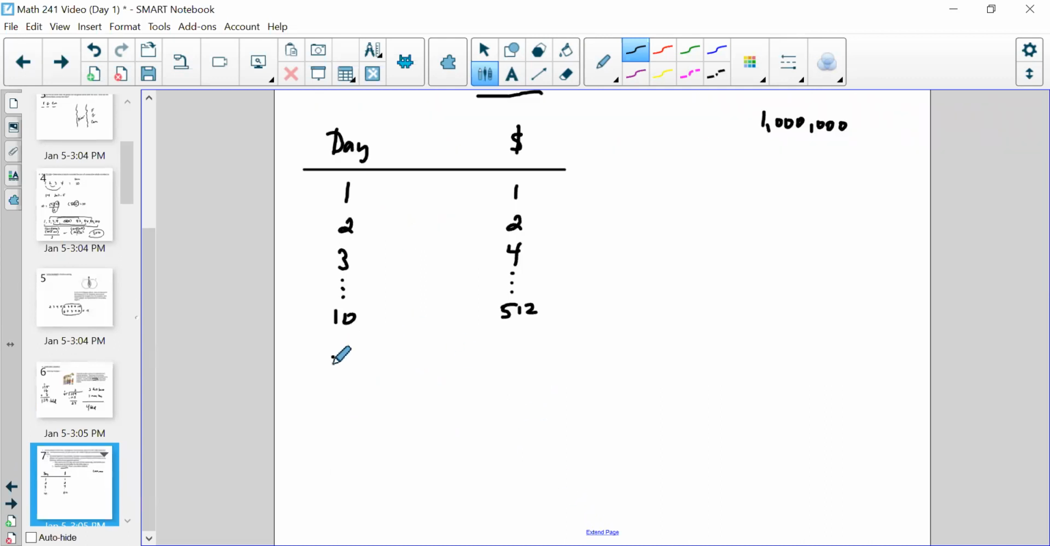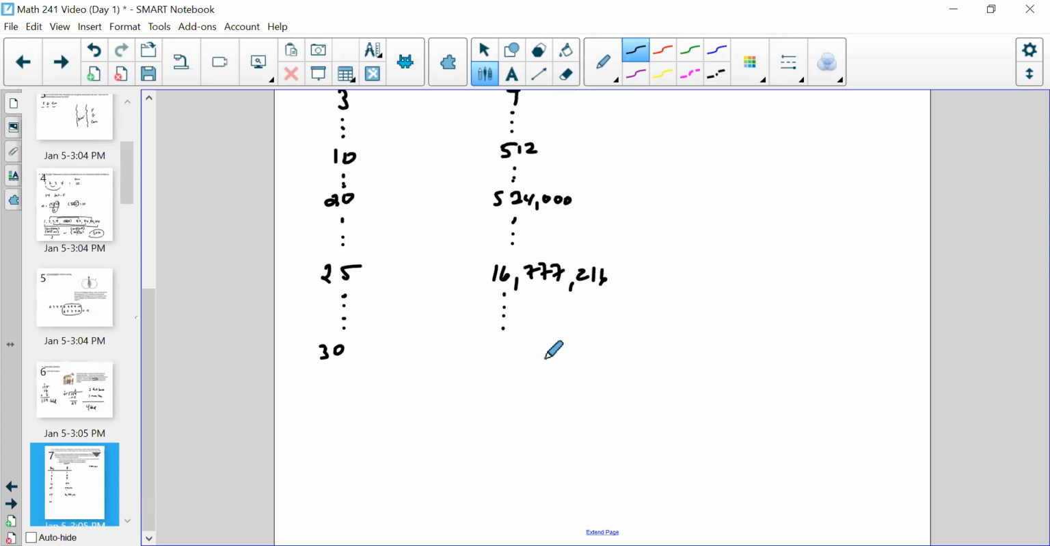And then if we looked at, what about day 20? Well, day 20, you're at $524,000. Well, what about day 25? Well, day 25 is already going to put you over 16 million. And we'll look at a formula here in just a moment. And then if we look at 30, some months have 30 days, some months have 31. Well, if we looked at 30 days, what would you be if it was a 30-day month? Well, it would be